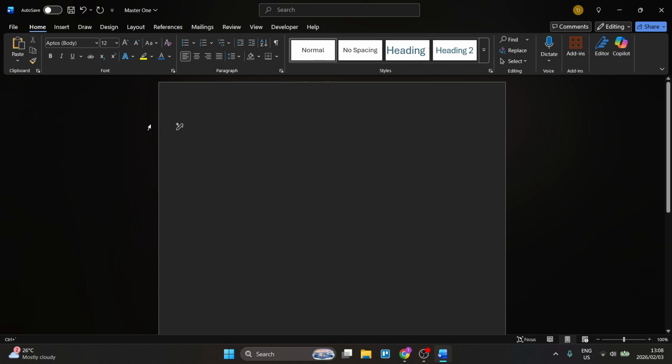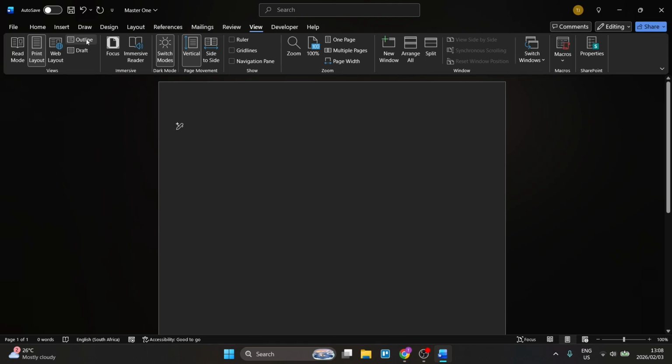Today I'm going to show you how to use the outline view in Microsoft Word. Okay, so the first thing you want to know is if you're not seeing the outline view here,